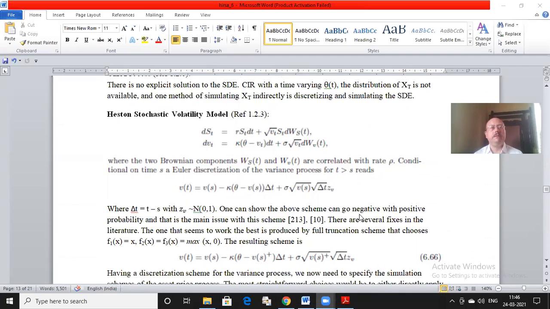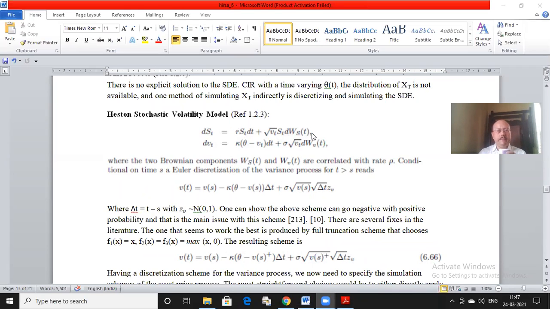Let us also talk about the next important model, the Heston stochastic volatility model. So that is very important in application work. This is section 1.2.3, the first time it was discussed. So this requires a pair of equations, because the volatility itself is stochastic. So I have the stock price generating process as in dS_t = r S_t dt. The trend part is same as the usual Brownian motion. The volatility part, instead of sigma, I have a square root of V_t. The rest is same as before, S_t dW, S_t.